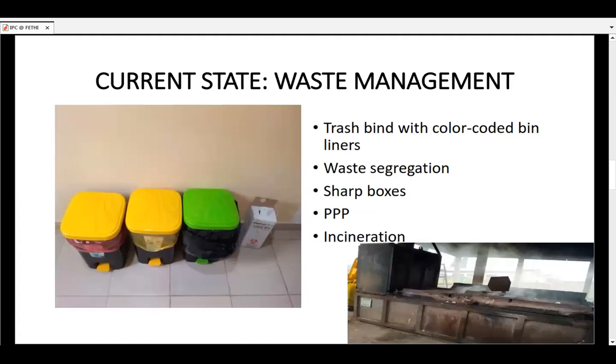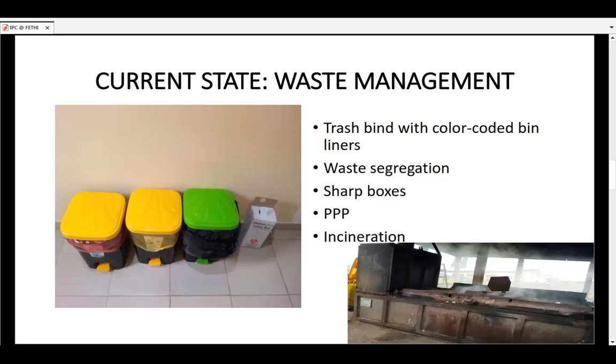Okay, waste management. Here on the right side is our incinerator, which I think was procured about 3 years ago. We did not have that before. Apart from sorting waste at the point of generation, at least we now have segregation, and we ensure that our waste is properly incinerated, and chap buses are provided.